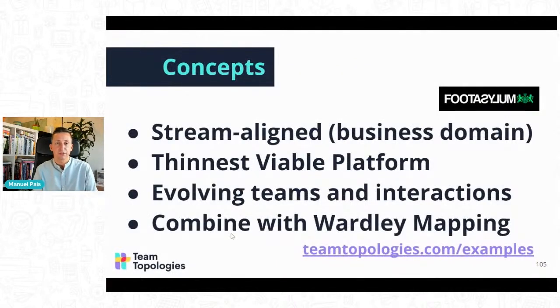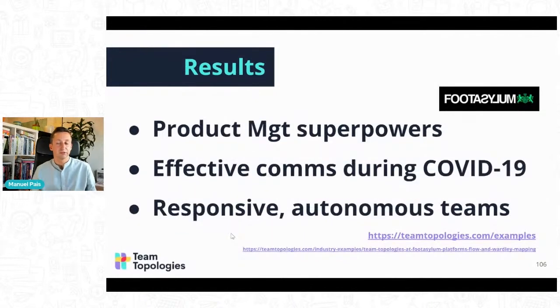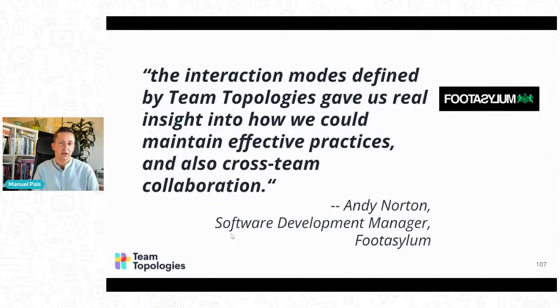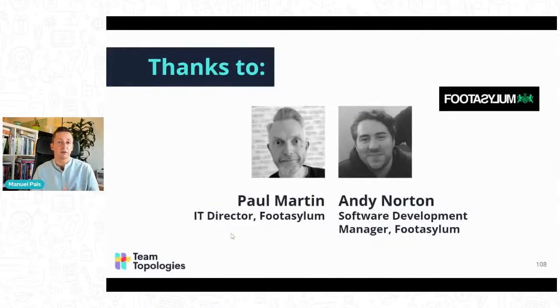So they applied these concepts from Team Topologies combined with Wardley mapping. And some of the results were that the product managers felt they had this superpower now. Finally, they could see how the roadmaps made sense or didn't make sense. When do we need to interact with other teams? Thanks to the stream alignment, it helped with communications and getting teams to be more responsive and more autonomous. Again, we're not saying 100% autonomous, but much more self-sufficient. So it was really helpful for them. And so again, on the website, teamtopologies.com, you can find a written article from Paul and Andy,